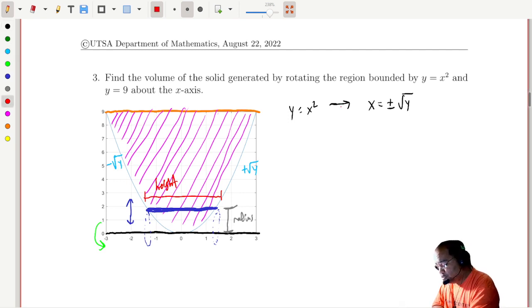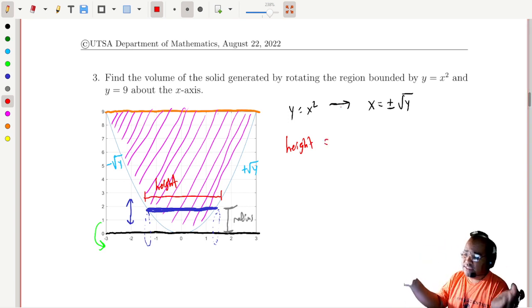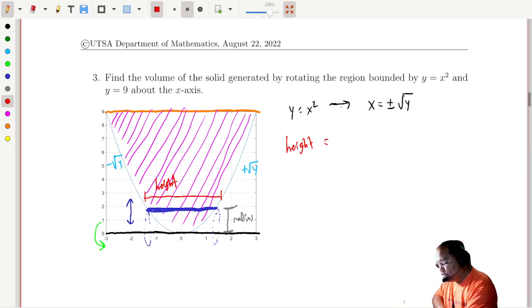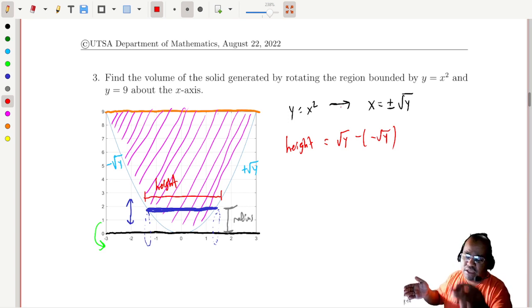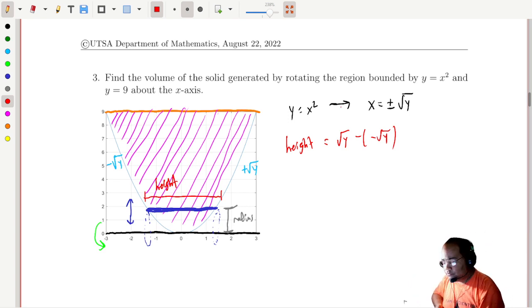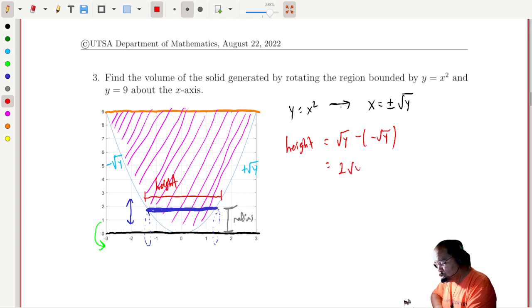I'll do it in the same color. So shell height is really the width across here. Now we have to think right minus left. Well, we have square root y minus a negative square root y. Right minus left. The left half of the parabola is minus square root y. Well, minus minus is plus, so we now get 2 square root of y as our height. And our shell radius,